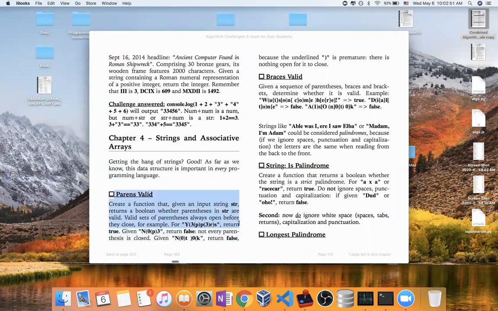Okay. So what this is saying is create a function that, given an input string, okay? So a function that's going to be given something. If a function is going to be given something, that means when we define the function, we might need a parameter, okay? I'm going to say these things slowly. It's good to get in the habit of this. I might repeat myself 1,000 times, but that's okay. It's really to hammer it in, okay? So create a function that, given an input string, returns a Boolean,